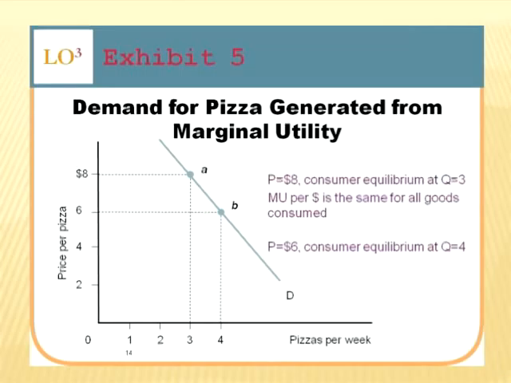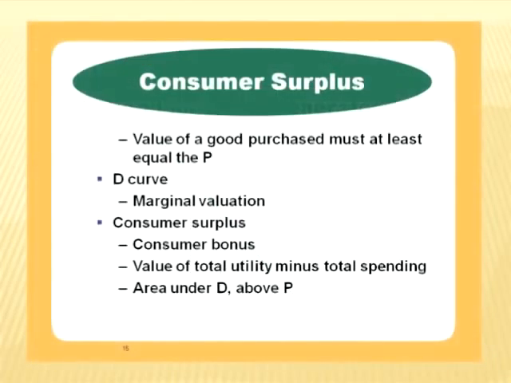As we lowered the price, it made the pizzas more attractive than they were before. And so the marginal utility per dollar actually went up, and so we wanted more of them. Truth of the matter is, once we agree to the law of diminishing marginal utility, we're automatically going to get a downward sloping demand curve. Now, that leads us to an important idea, and that is the idea of consumer surplus.